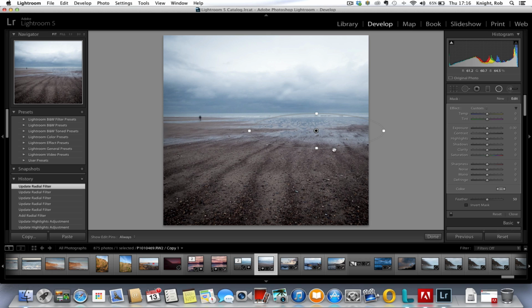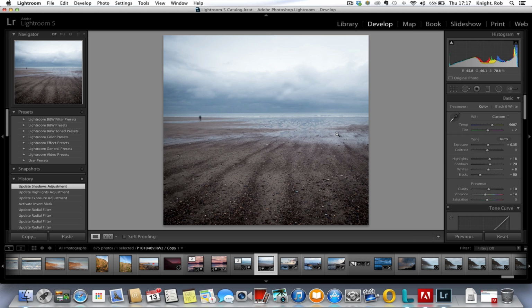Now I might want to put some extra light into here. So if we invert the mask on here, this means that the effect we put on will apply inside instead of outside of the circle. And what I might want to do is bring the exposure up a tiny bit, and then raise the highlights a bit, and we might even raise the shadows again just a little bit. And what we've done here, if you can see, is we've been very targeted at this area of the image,